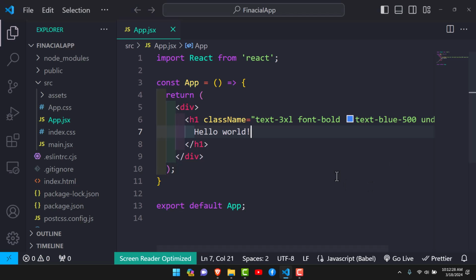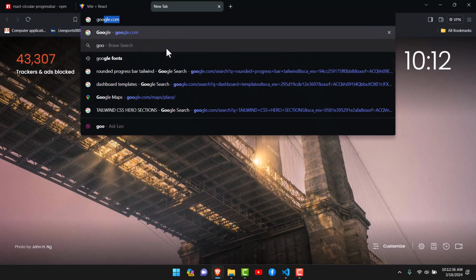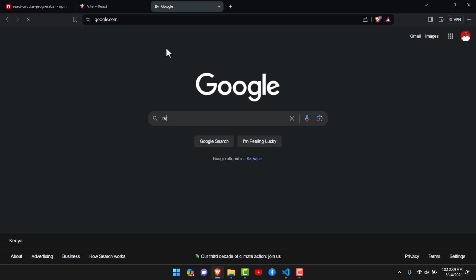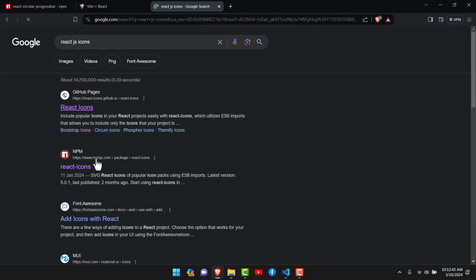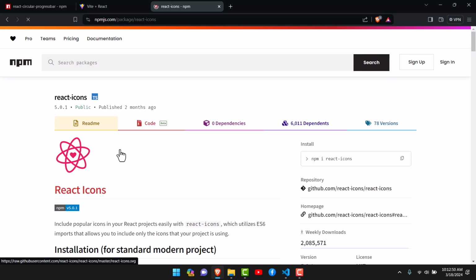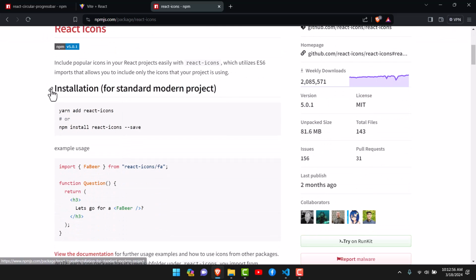So the next thing that we are going to install is the React icons. These will help us to have some beautiful icons in our project. So again, I go to Google here, then I'm going to look for React JS icons. So here you go. I'm going to go with this again, React icons, and again we'll be installing the React icons using npm. So here we are on the documentation, being shown how we should get started with this. And again, we can do the installation using yarn, or we can use npm. So I'm just going to grab that,